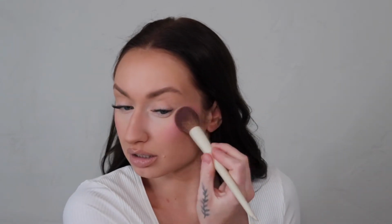It is actually crazy how similar they are. It literally looks like I'm wearing the same blush. Almost. Just almost. They are practically identical. That is just crazy to see. I feel like I have a little bit more of the Dior on, so I'm just gonna go ahead and add the slightest bit more over here. Looks like I'm wearing the same blush. I mean, granted, it's not like it's a drugstore dupe by any means, but you can save a little bit of coin with this. So I'm just going to add on my highlighter really quick,